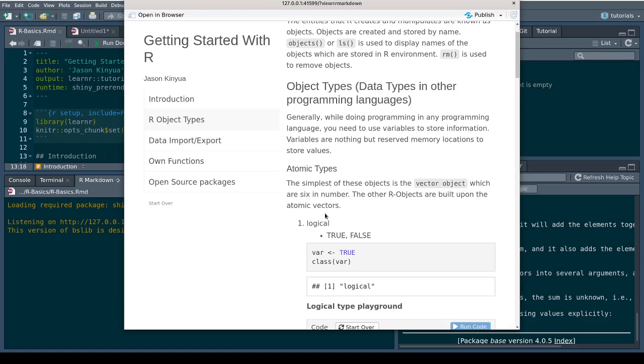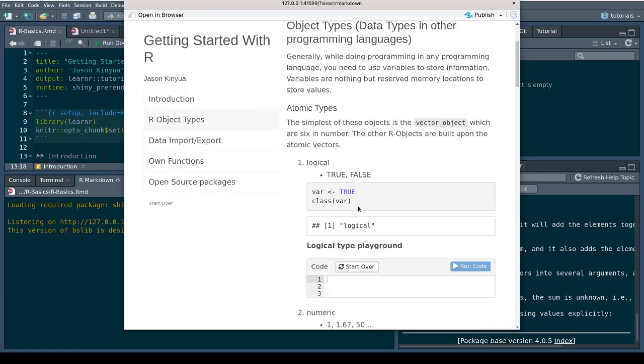These are the building blocks. Then there are derived types, which are all advanced types. These are object types that are built from atomic types. Atomic types, I call them building blocks because these are the basics for the derived types. Let us see what they are.